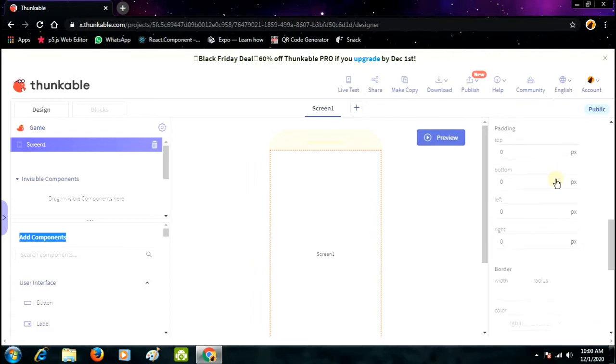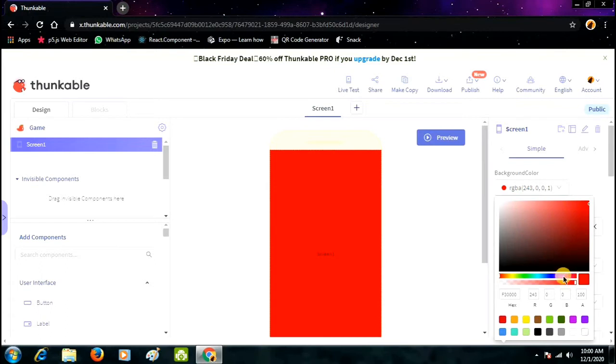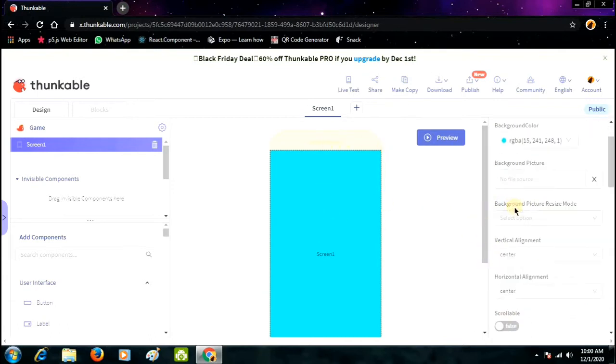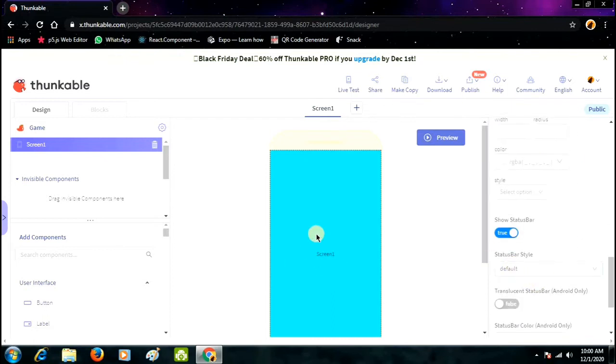Suppose you want to give the background color red, light kind, you can change it. Then you can also add a background picture here. You can see alignment. So here you can do changes.